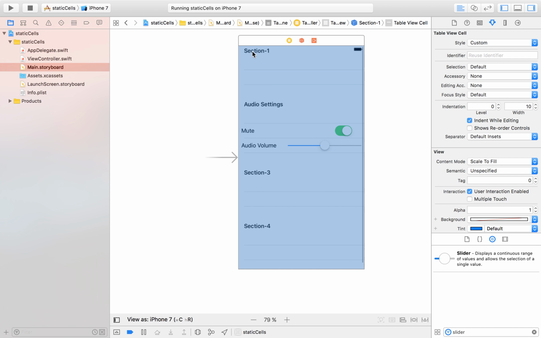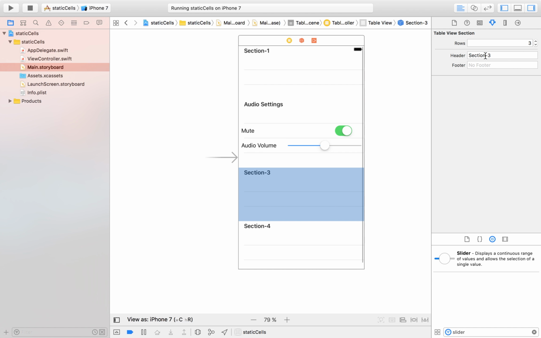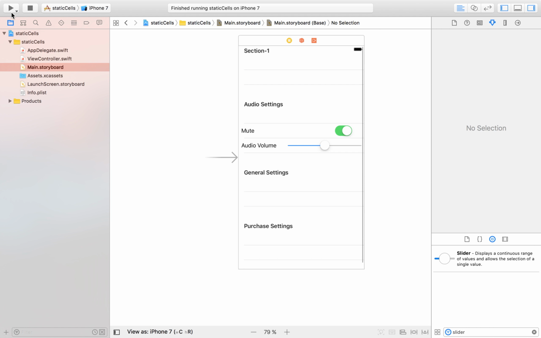We just highlight the section. Let's see, there we go. Let's see if I'm able to do this. Let's select section 3. I'm going to say general settings, and then I can have here purchase settings. So all types of settings, and you can group them together, and by giving them distinctive headers and